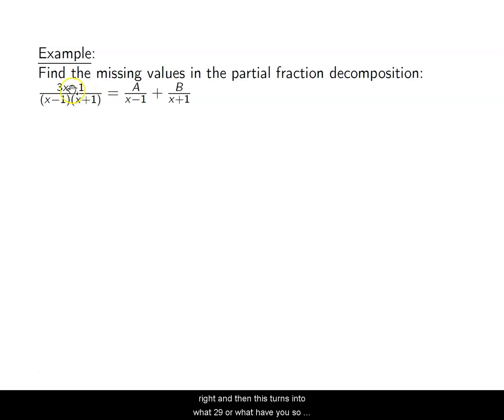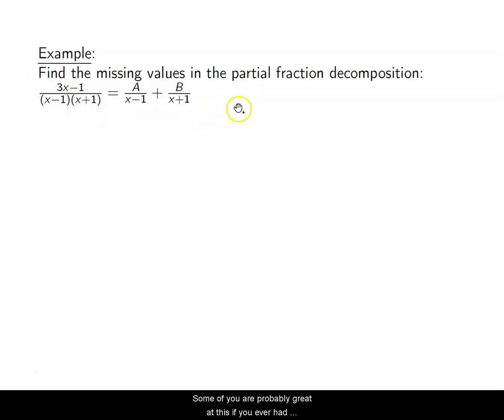And then this turns into 29, or what have you. So these are values. This is a fraction, this is a fraction, this is a fraction. How do I add fractions together? I make common denominators, okay? Now, when I have an equal sign, what I'm allowed to do is clear fractions. I find the common denominator, and I multiply the entire equation by the common denominator, and then things cancel out,